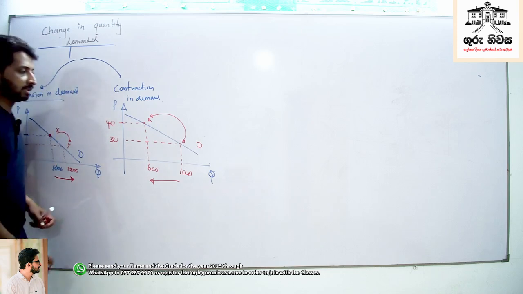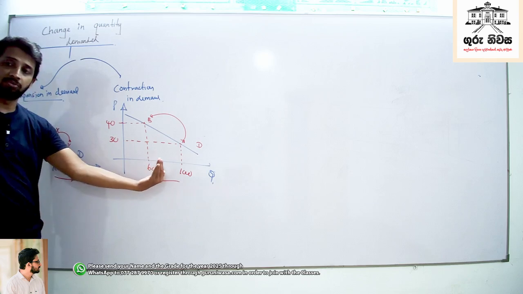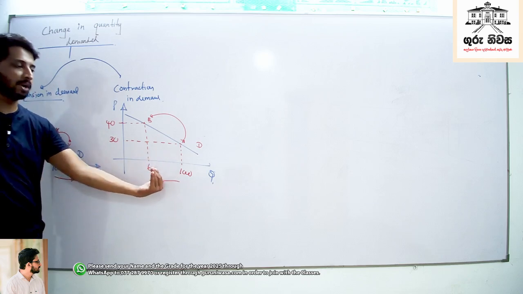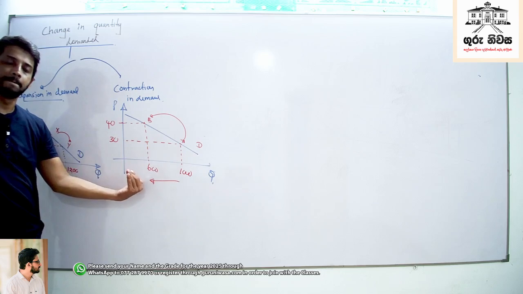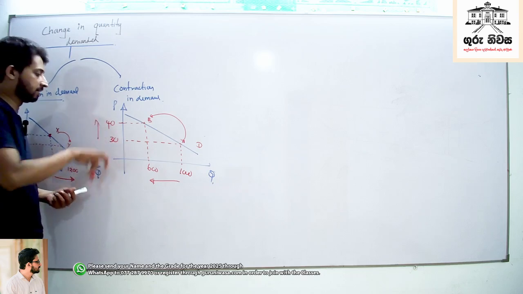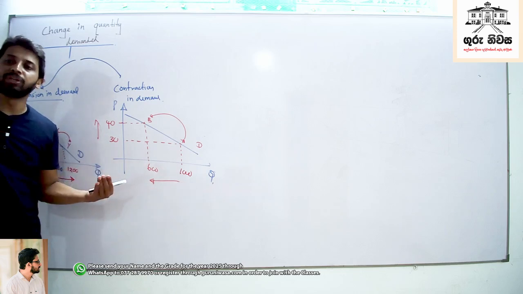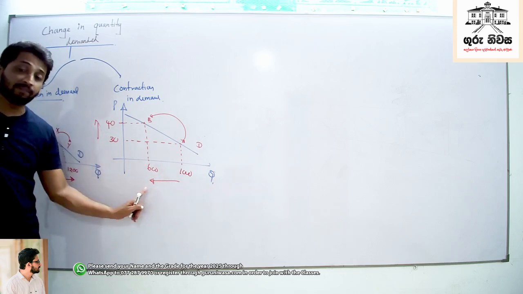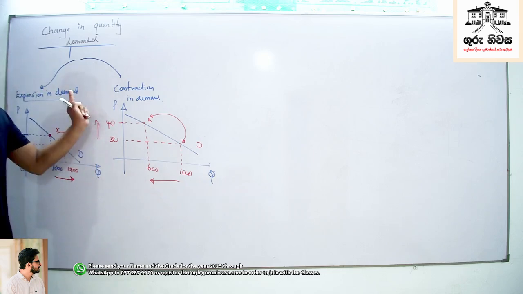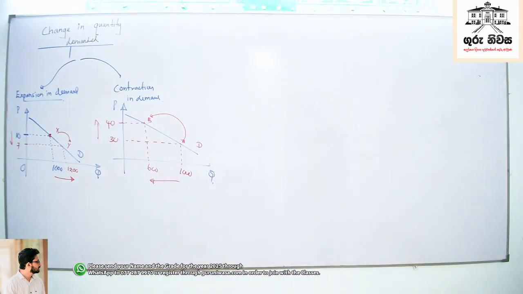Suddenly, if I ask why people have reduced the demand, why have people reduced the number of units that they are willing to buy? Increase in price, right? Yes, increase in price. Remember, this is called contraction in demand. The number of units that consumers are willing and able to buy has reduced because of an increase in the price of the concerned good. Here, remember, only the price of the product changes, not other factors.